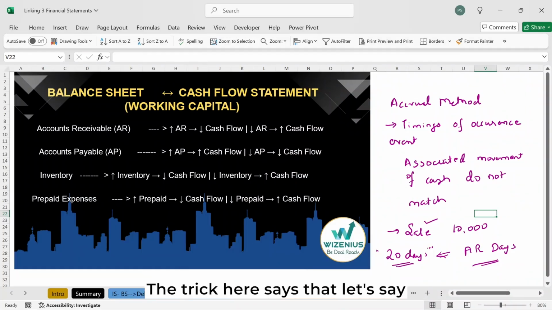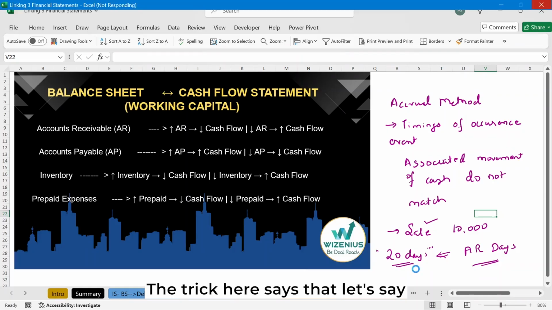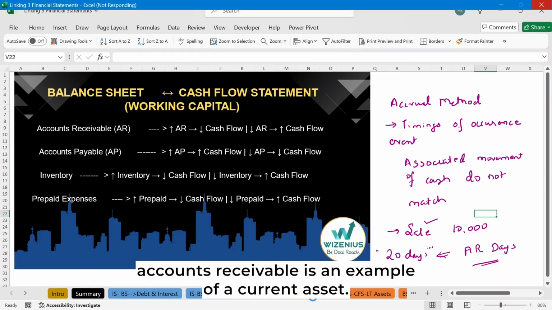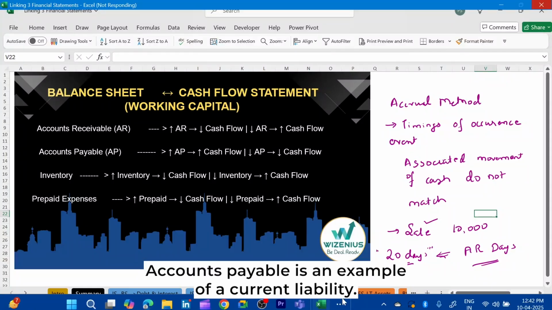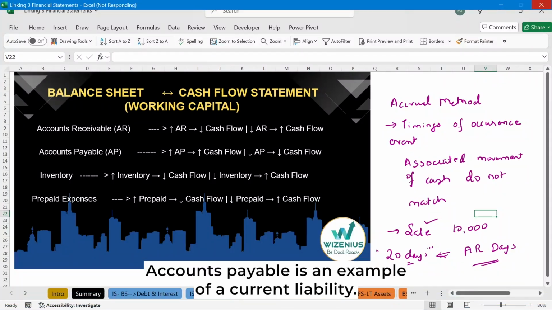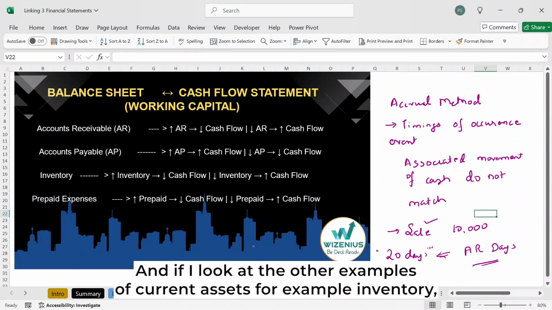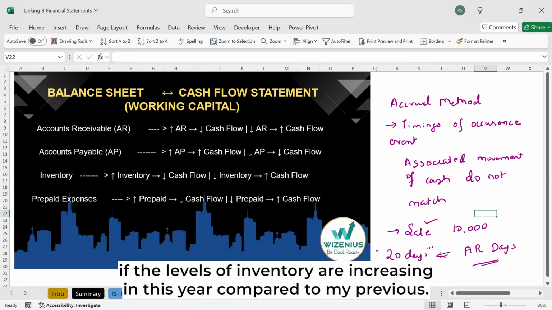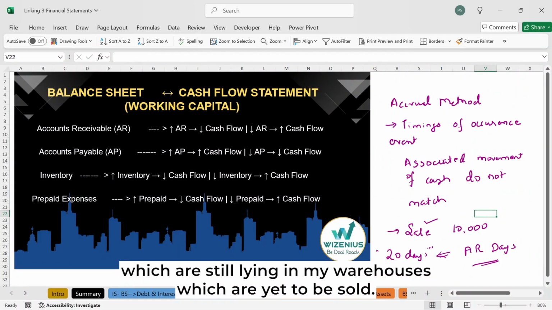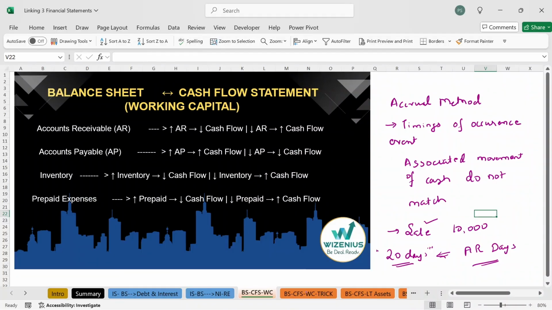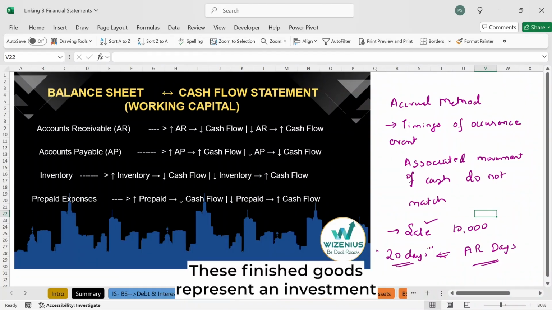The trick here says that, let's say, accounts receivable is an example of a current asset. Accounts payable is an example of a current liability. And if I look at the other examples of current assets, for example, inventory, if the levels of inventory are increasing in this year compared to my previous year, what does it represent? It simply represents that, okay, these are the goods which are still lying in my warehouses, which are yet to be sold. These finished goods represent an investment